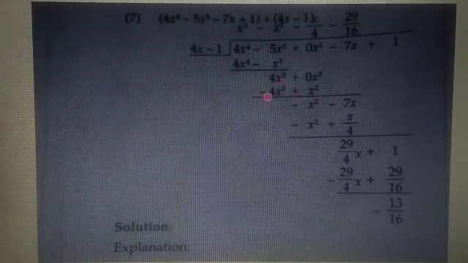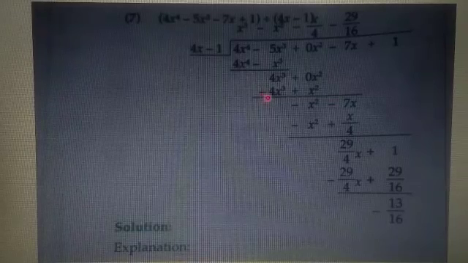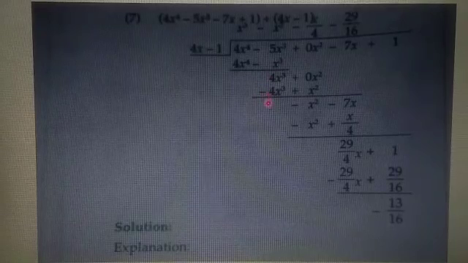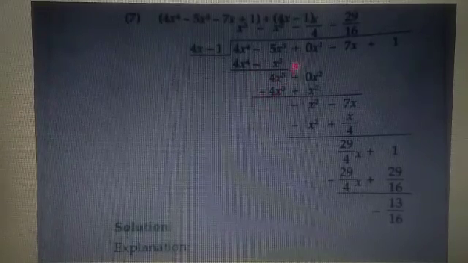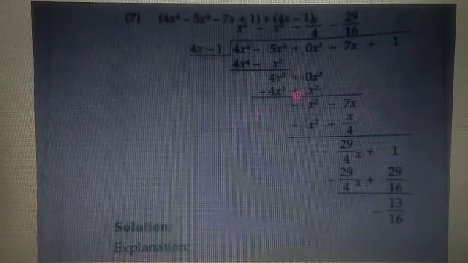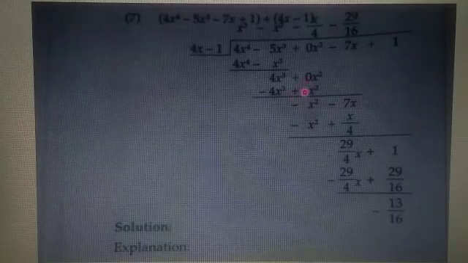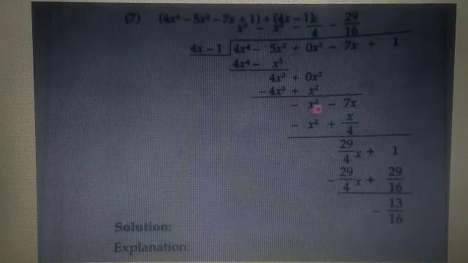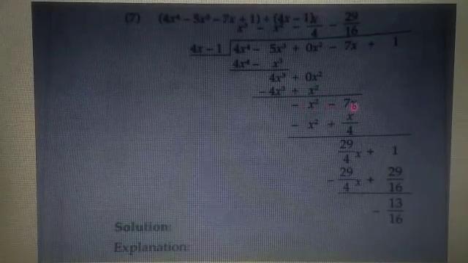Then put a negative sign over here. It is negative already, so plus sign. This was earlier minus sign. Okay. So plus. Minus 4 plus 4 get cancelled. And here it will become minus sign. So 0 minus 1 is minus 1. So 1 we are not writing. Minus x square minus 7x.